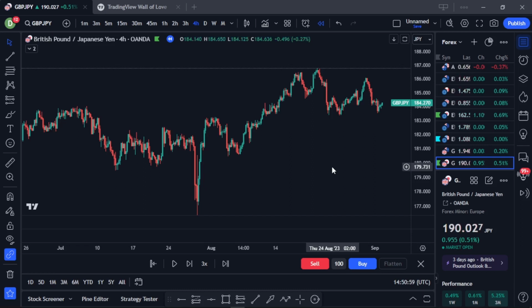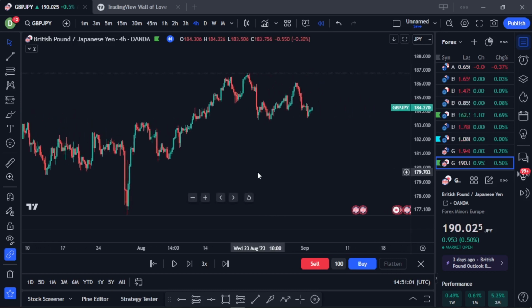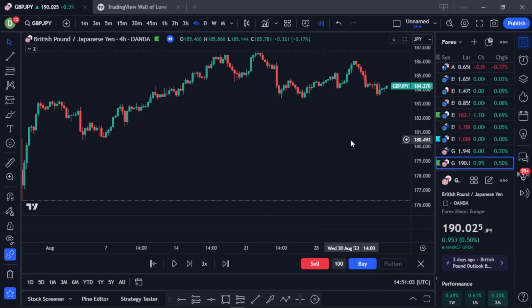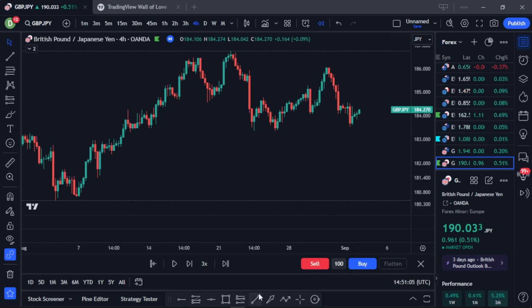I trade the market reaction. So that's what I'll simply say. I trade the market reaction. So from this market reaction on the 4-hour time frame, one thing I can notice here is that first of